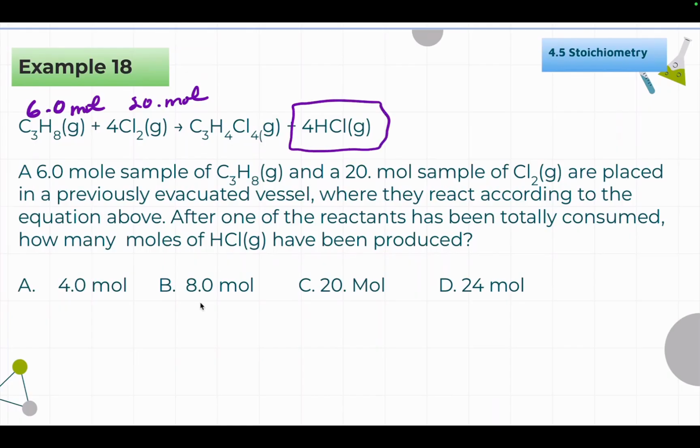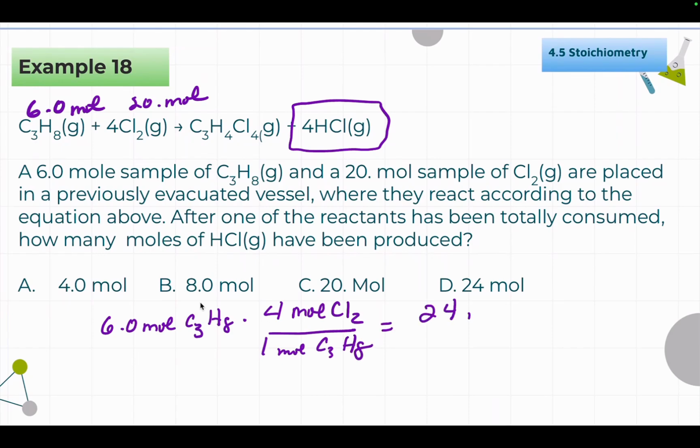So we're going to want to know how much HCl, but before we do that, we have to determine the LR. And when we do the LR, we can take our 6 moles of C3H8, convert it into moles of chlorine, and I get 24 moles of chlorine. And you can see I don't have that. So that means chlorine is my limiting and the C3H8 is my excess, and I am not going to use